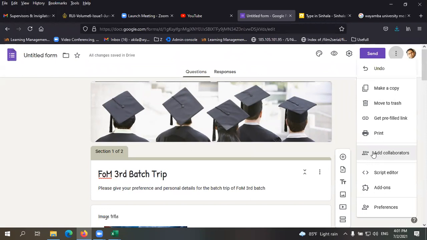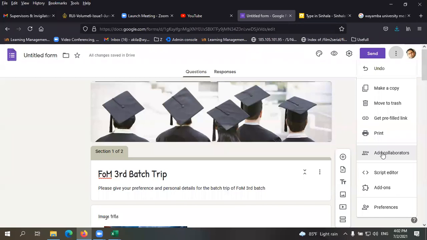This is very important. If you create this form on your own and you want to share the form with others who can edit, this is something different than just sharing the form. If you want to collect information, you should share this form with the respondents or the target group. Again, if you have a collaborator, a person who should be given the same admin rights over the form, who can edit the form, who can view the responses, those are the admin features. So if you want to share this form with someone to whom you wish to give admin capabilities, you have to select add collaborators and give an email address there.